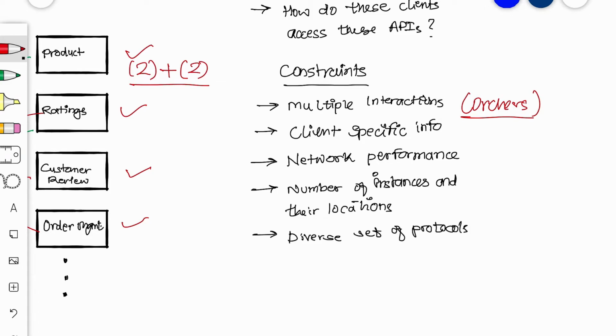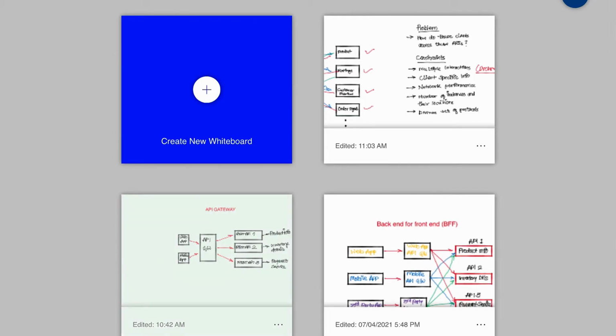And we also have the challenge of a diverse set of protocols used to achieve certain implementations, and not all of these are ideally placed for web interaction. So these are our constraints and our problem statement, and the solution that we have for this is to implement the API gateway. So let's take a look at